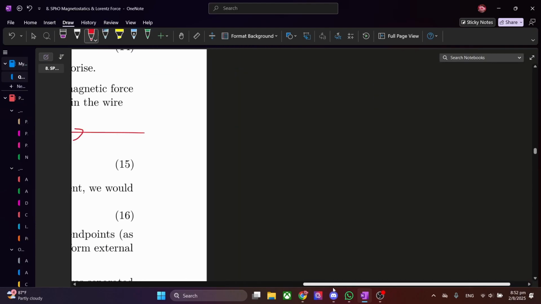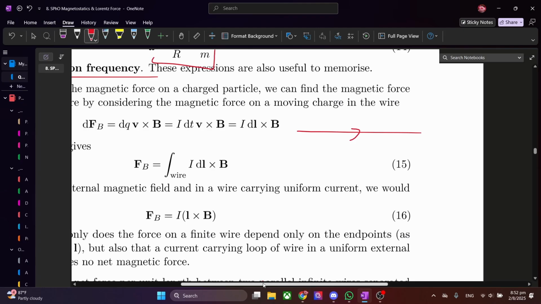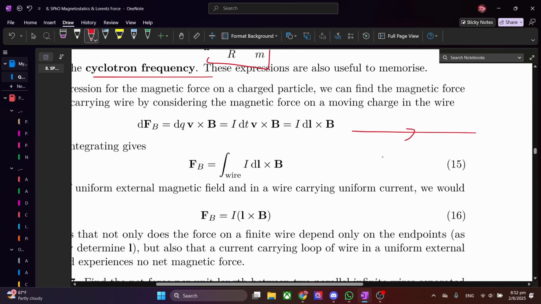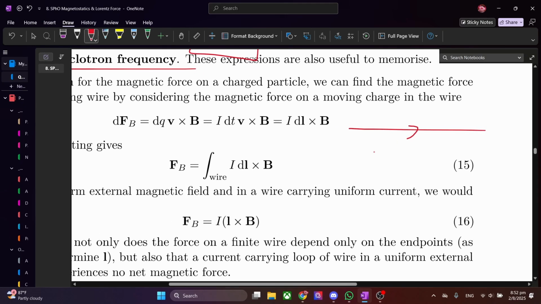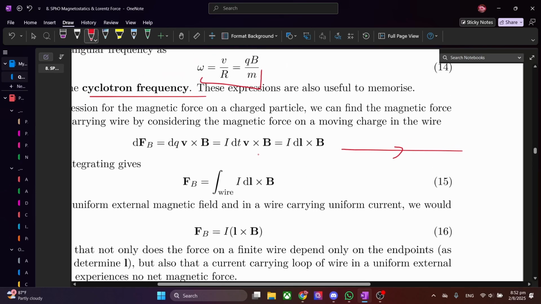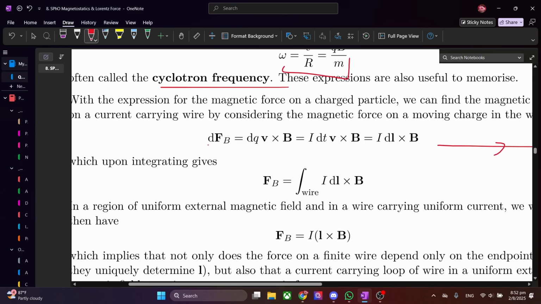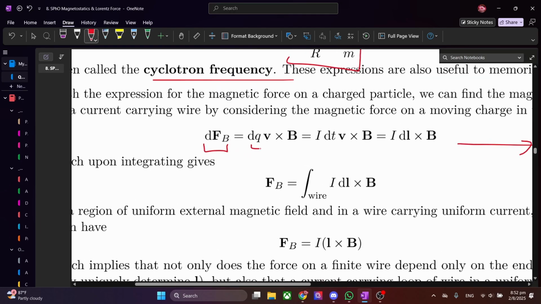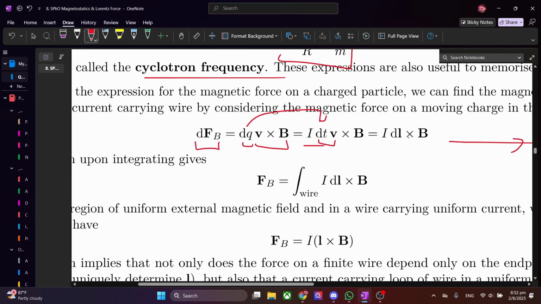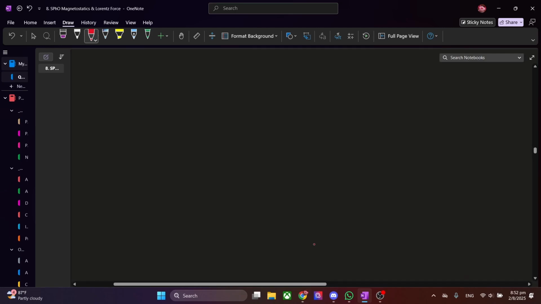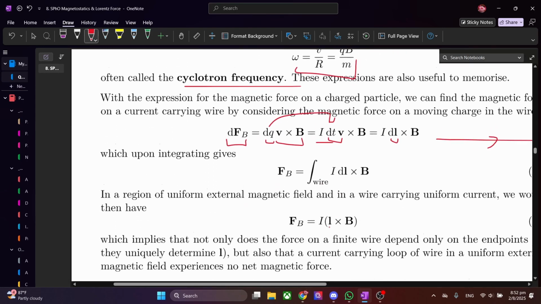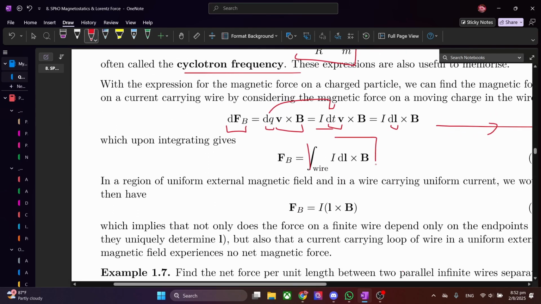Currents are also consisting of moving electrons. So each of those electrons is going to experience some force. Because of that, your whole wire is going to experience some force. If you do the math again here, your differential force is just differential charge times this. You can equate this to be this, and then your dt times v is just this small dl here. And you can actually get that the force that acts on a wire can be determined by this integral here,